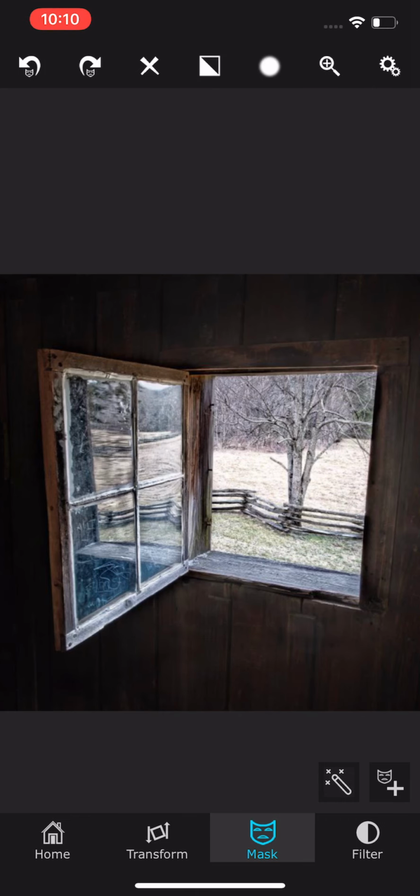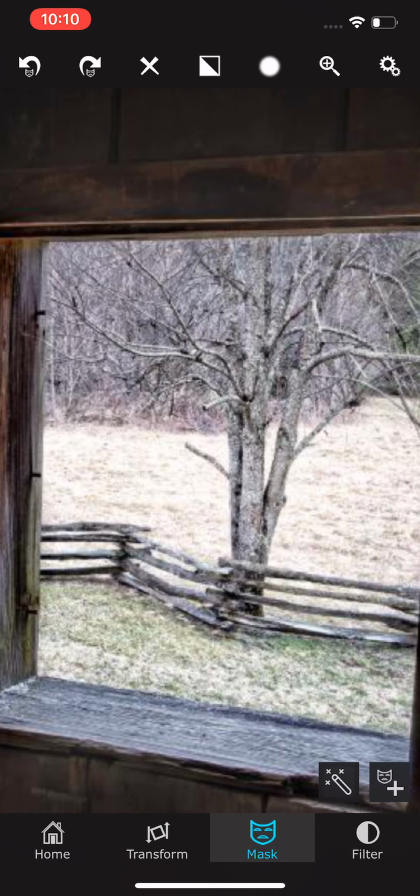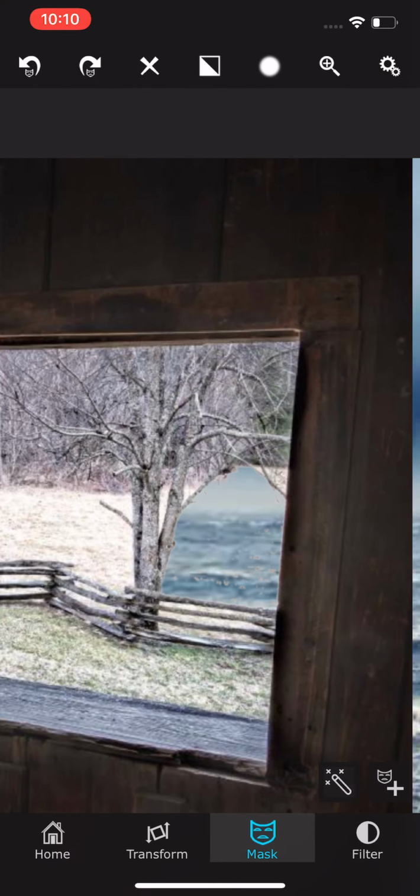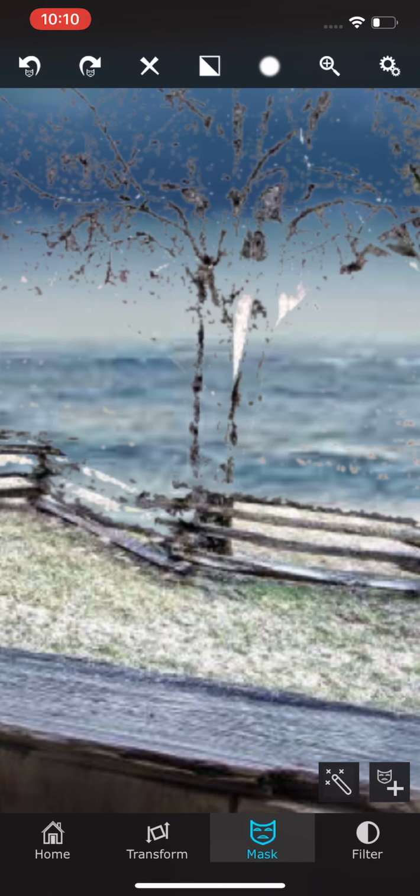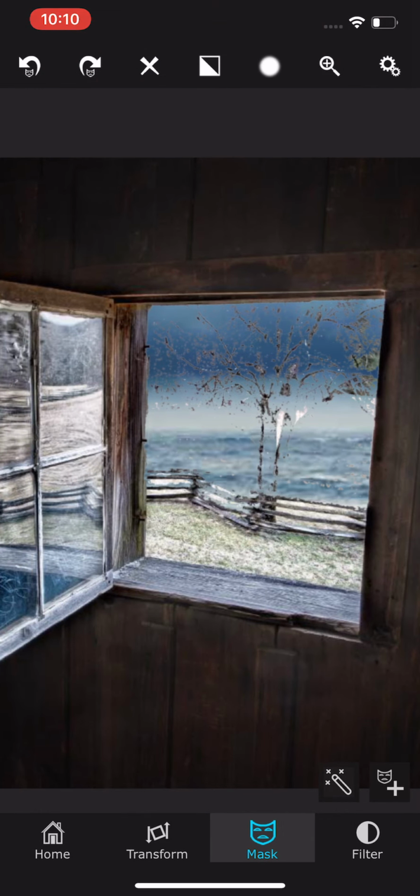This is what the magic wand does. You go here and boop, looky there. It basically just cut that part out. We'll do it again, boop, there. Now understand that right here, if I did this tree, it almost might do out the window, but you gotta